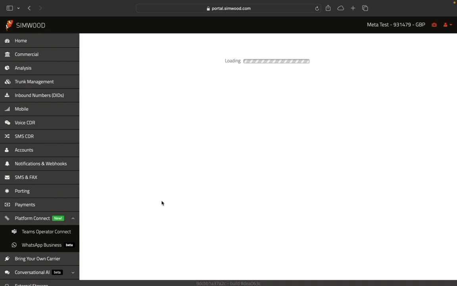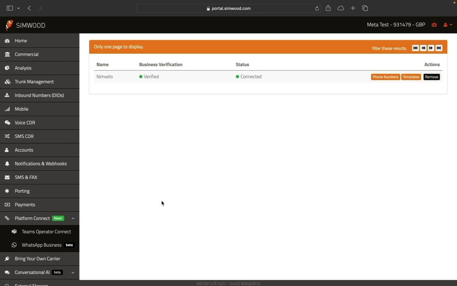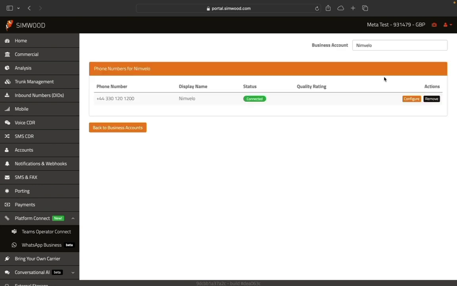Within a few moments, that goes away, exchanges the temporary code for an access token, and then goes and fetches all of the assets, connects the account, registers for webhooks on that account so it can receive the messages, and we're ready to use it. So there's the account. We can manage the phone numbers on the account. As part of the post connection tasks, we've registered this number with the WhatsApp Business Cloud API. So that's now connected,